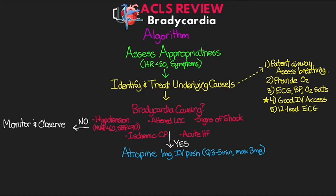Now, all that said, if atropine is either ineffective or it's not indicated in your patient, then we need to move on and either electrically or chemically pace them at this point. Now, here when I'm talking about electrically pacing, what I'm talking about is our transcutaneous pacing. And here we're going to deliver electrical energy via pads on the patient's chest with the goal of stimulating the